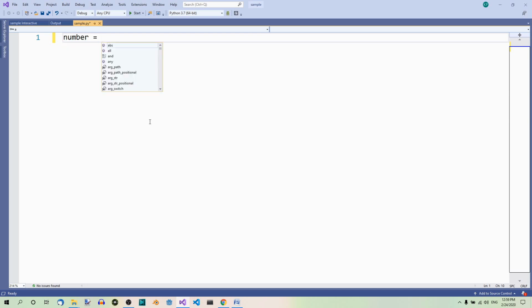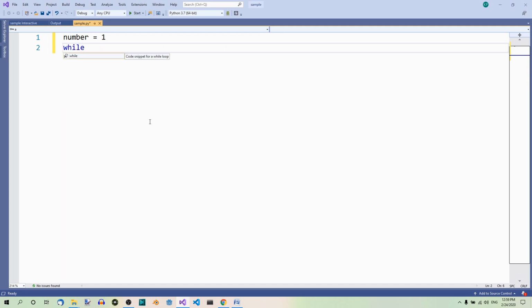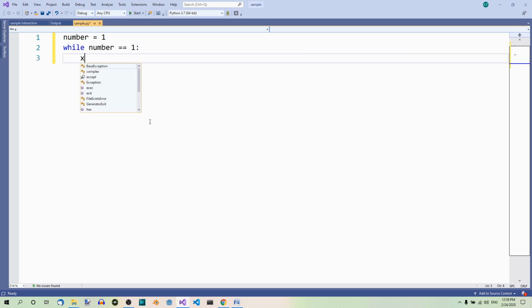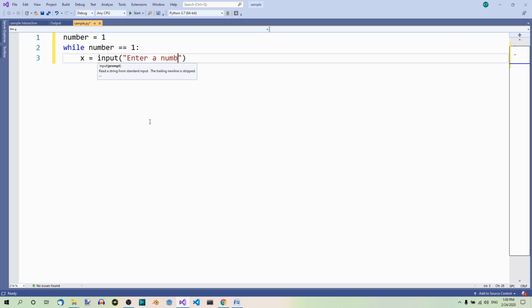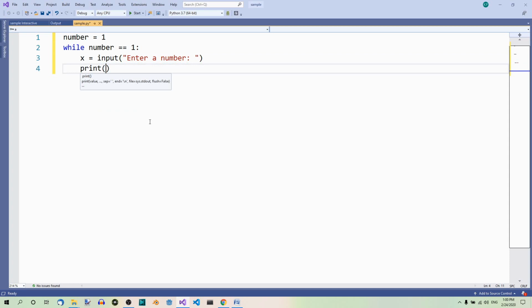number = 1. while number == 1: x = input("Enter a number.") print(x)